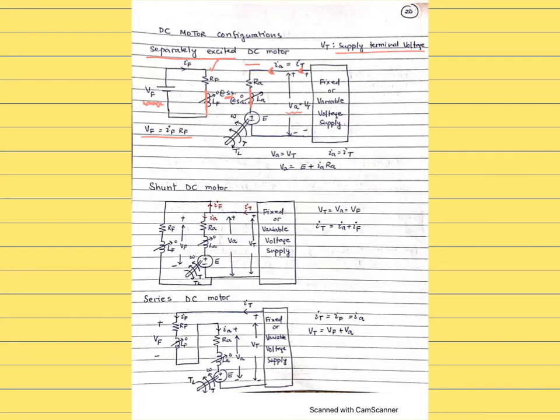All right, and you can see, again, it's a repetition. So you can see negative VA plus RA IA plus E goes to 0, or VA equals E plus IA RA, IA equals IT, VA equals VT. All right, so,